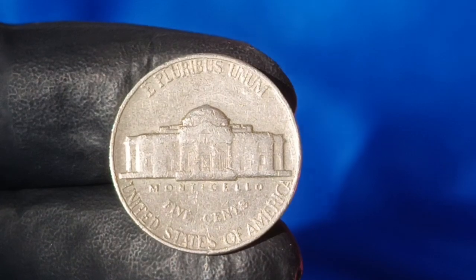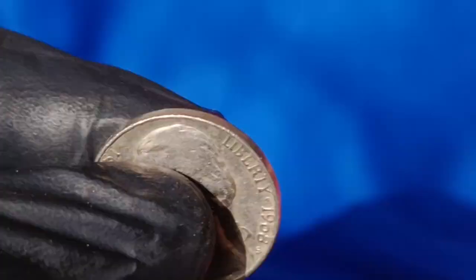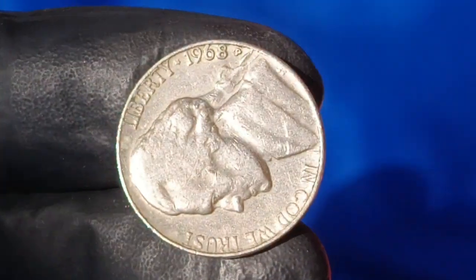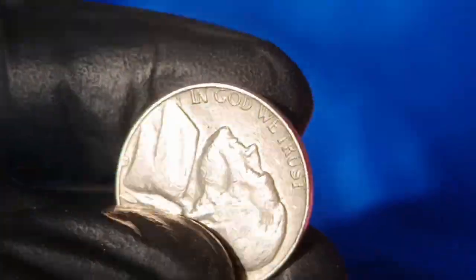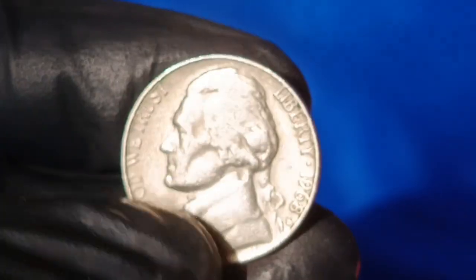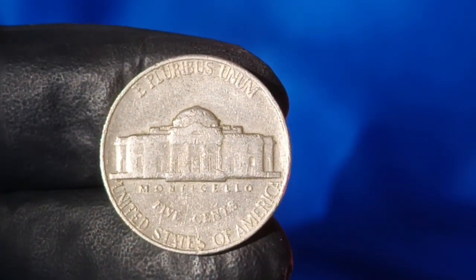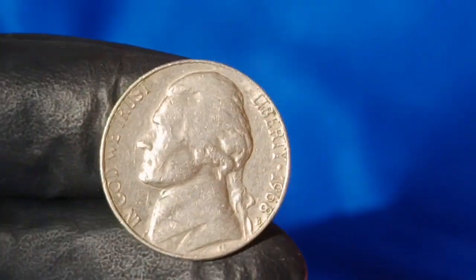Today, we're zooming in on the 1968 D Jefferson nickel, a seemingly ordinary 5-cent piece that, under the right circumstances, could be valued at an astonishing $20 million due to rare errors, mint mark anomalies, and unique characteristics that set it apart from its face value. Let's explore why this particular coin, struck at the Denver Mint in 1968, holds such extraordinary potential, delving into its history, design, production quirks, and the specific mistakes that transform it into a collector's